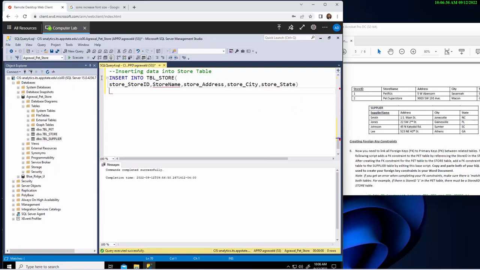Close the parentheses. We'll type values, the keyword values, and now remember, we need to start typing all these values from the table. Make sure anything that's integer does not need to be put in quotes. Anything that is a text needs to be in quotes. So we'll do 1 comma within quotes Pet R Us, quotes closed, comma, then we have within quotes 5 West